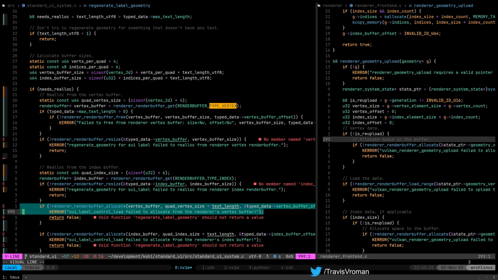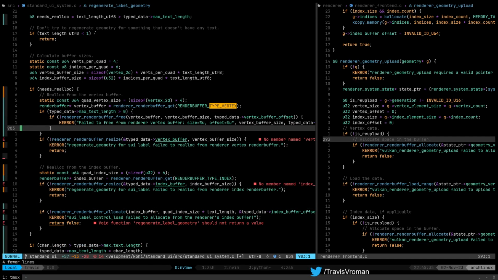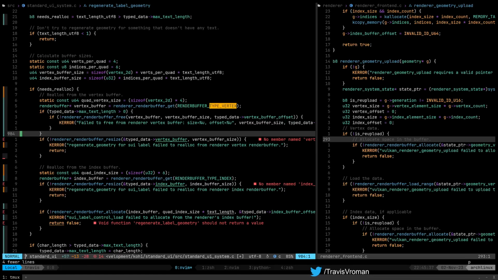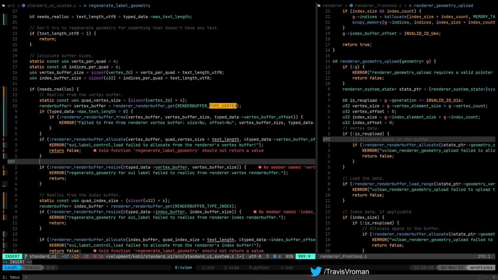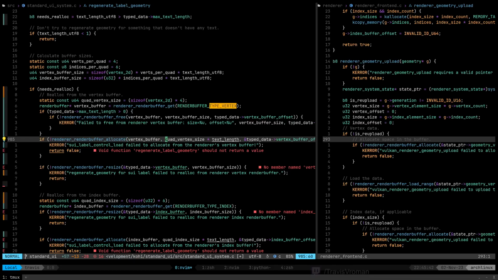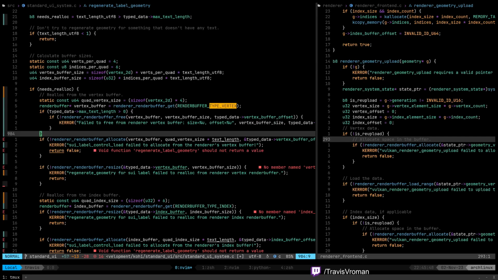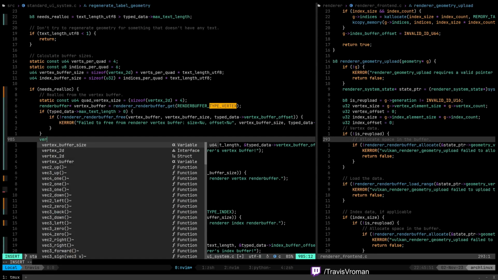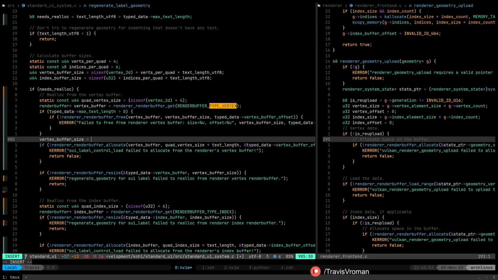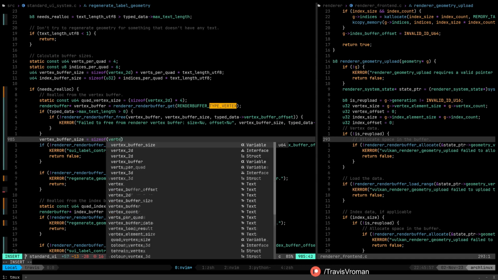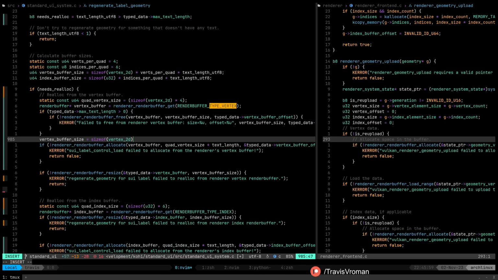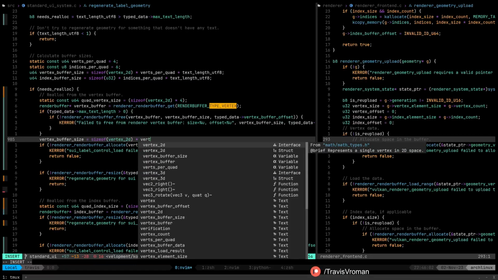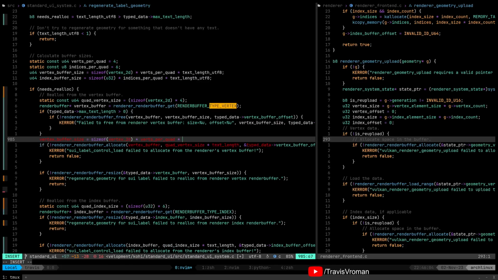So we can grab this and put it here. And we can save. Vertex buffer size is equal to size of vertex 2D times verts per quad times.